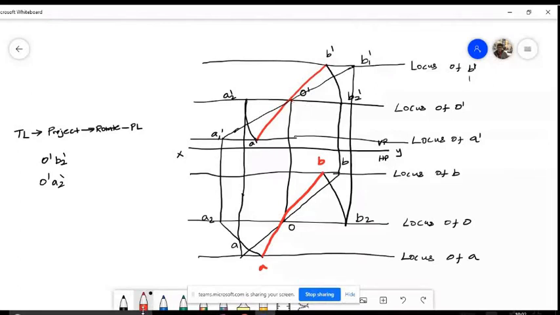I hope most of you are clear with this, right? Yes, sir. I'll ask one question. Instead of making the arc in this direction, can we make an arc in this direction? What I'm saying is, can we make something like this?